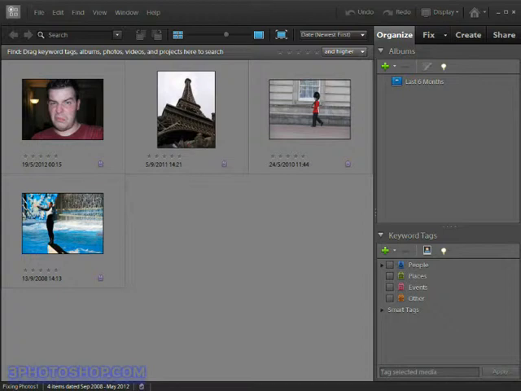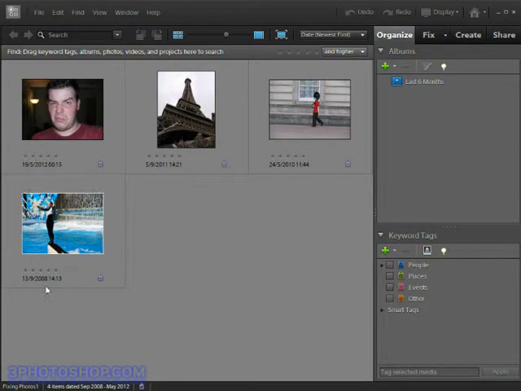That's because they provide detailed instructions and user-friendly panel layouts to guide users through several different and very interesting, I must say, tasks and effects, a few of which we'll be looking at over the next few videos. What we're going to do first though is look at how we get there and how you can explore the workspace on your own. I'm already in the organizer of Photoshop Elements 10